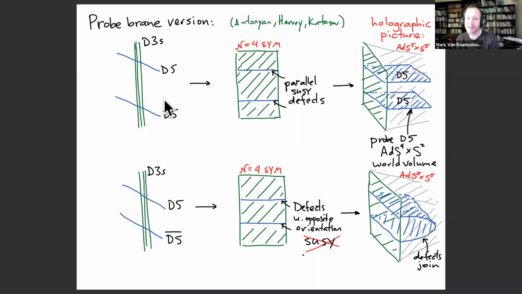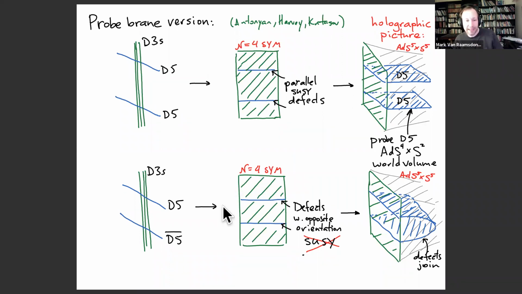Okay. And so in the field theory picture, this corresponds to the N=4 theory with some parallel defects. And if it's D5s with the same orientation, then the whole thing preserves supersymmetry. So we have these 2 defects. The full theory preserves half the supersymmetry of the N=4 theory. And people understood that in the dual picture, when you only have this one D5 brane, then that corresponds to having a probe D5 brane coming from each of these defects that extends into the AdS5 times S5 spacetime. So you just get these parallel D5 branes that extend into this spacetime, and they don't connect up.